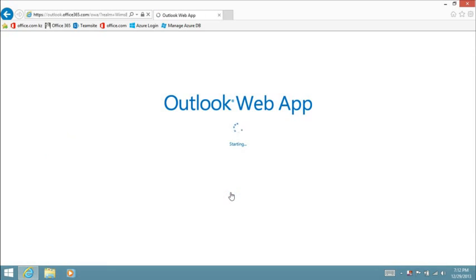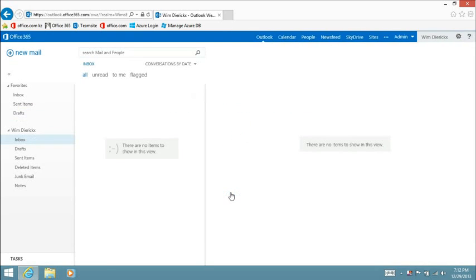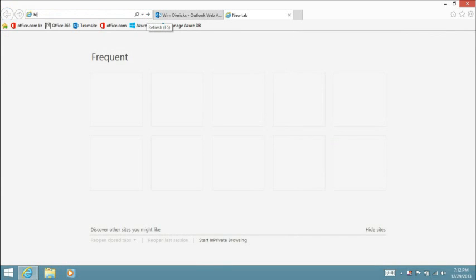Okay, that's stored. He will not ask me that again in the future. And here we have the Outlook web app connected to my Office 365 account, to the Wim account. There is another way to go to the Outlook web app through a direct link, which is